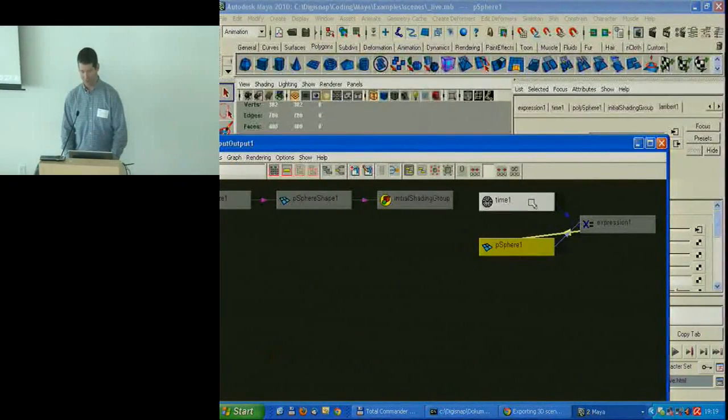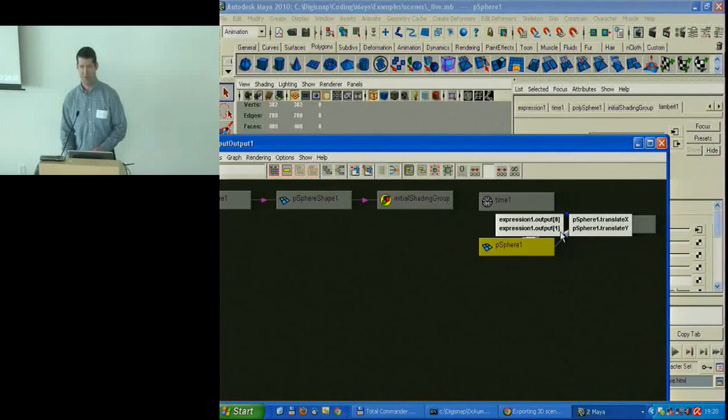Here's the time, then this goes to the expression that calculates the position, and here the output of the expression is connected to translate x and translate y of the p-sphere.